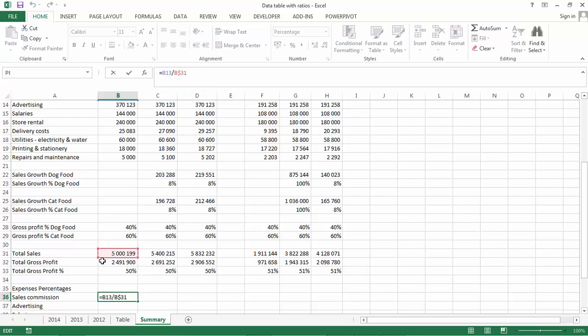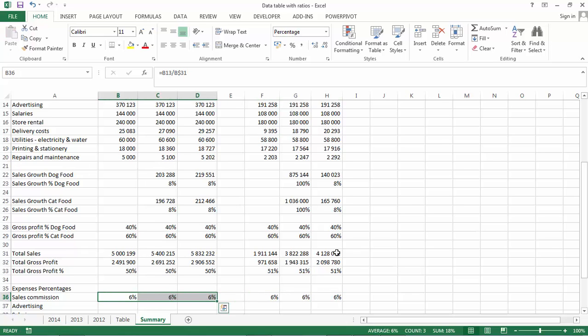If I click on it, you'll see that it's highlighting the total sales figure, because I want to do all of these calculations as a percentage of total sales, which is row 31. I'm not going to lock B because I want to do the calculation in column C, D, F, G, and H. Okay, so I can copy that across,